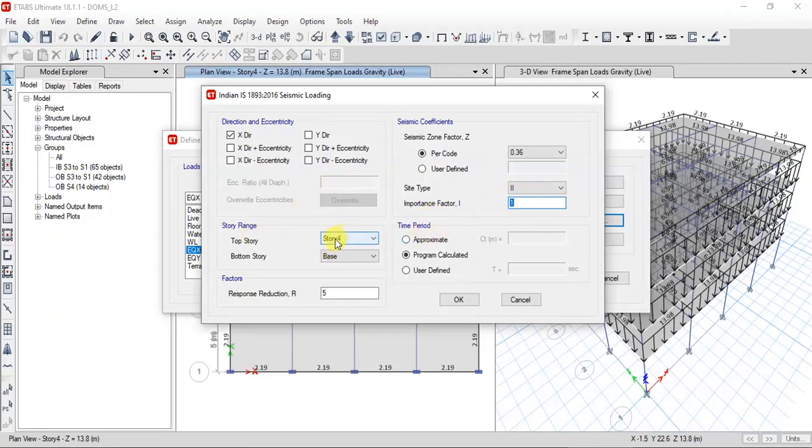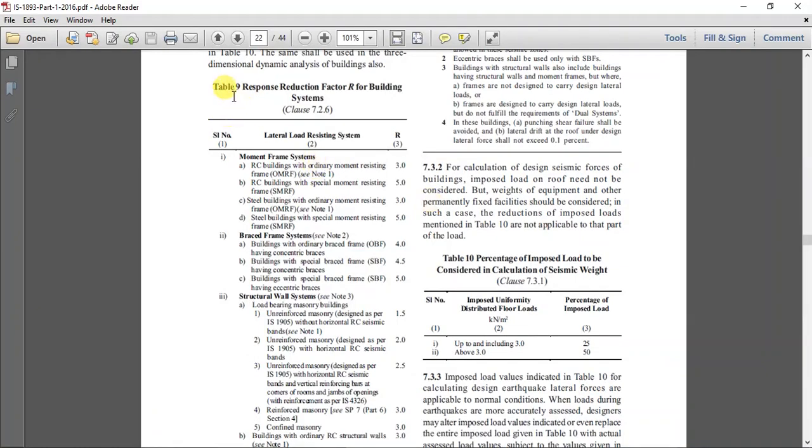And you select story 4 and base. Response reduction factor, either you need to select 3 or you need to select 5 based on IS 1893. Here in table 9, IS 1893 specifies response reduction factor R value for a moment frame: an RC building with ordinary moment resisting frames, it is 3.